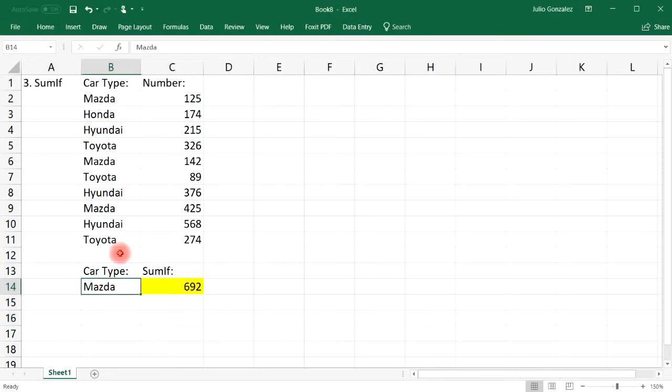Now you could change it. Let's say we want to find the sum of the Honda vehicles; it's automatically going to adjust. There's only one type of Honda vehicle in this list, so it's 174. If we want to find the sum of all the Toyota vehicles, just type it in and it automatically gives us a sum. So we have 326 for Toyota,